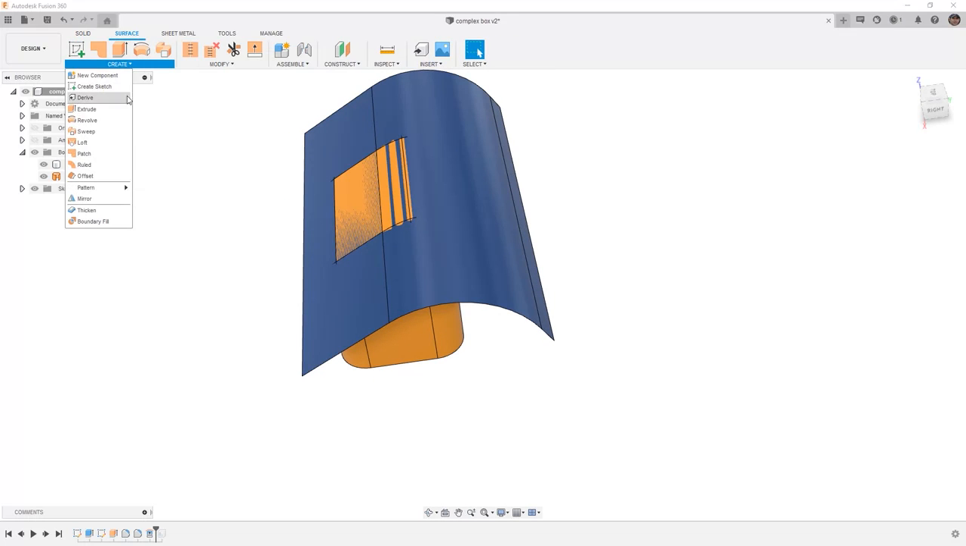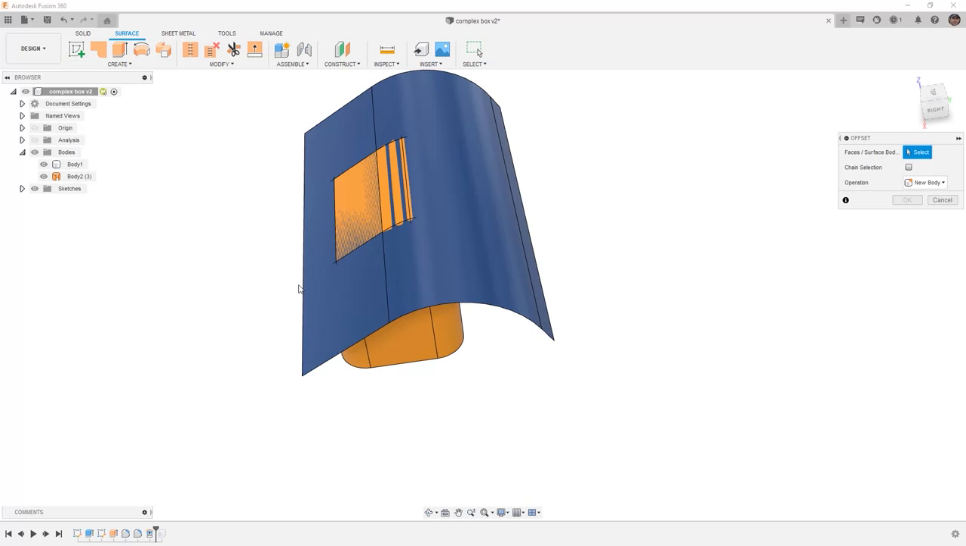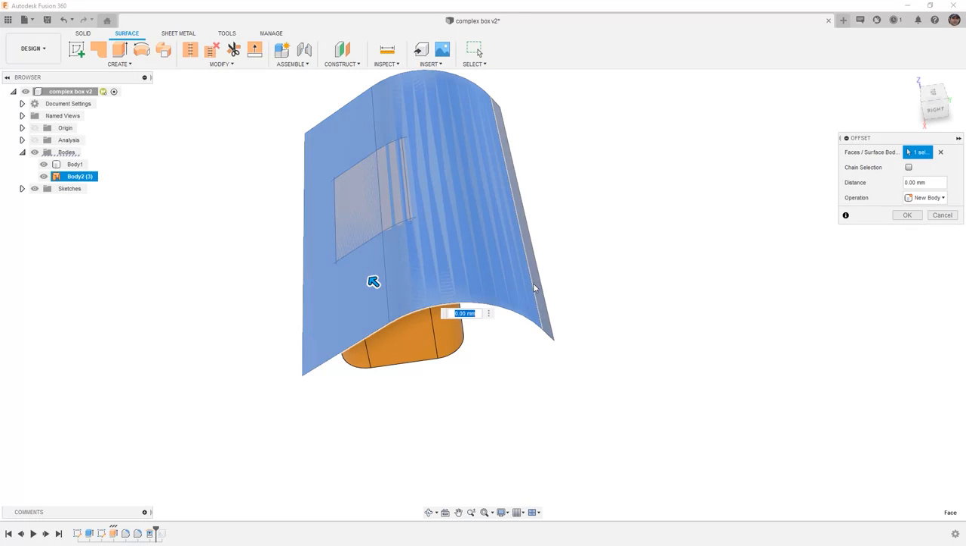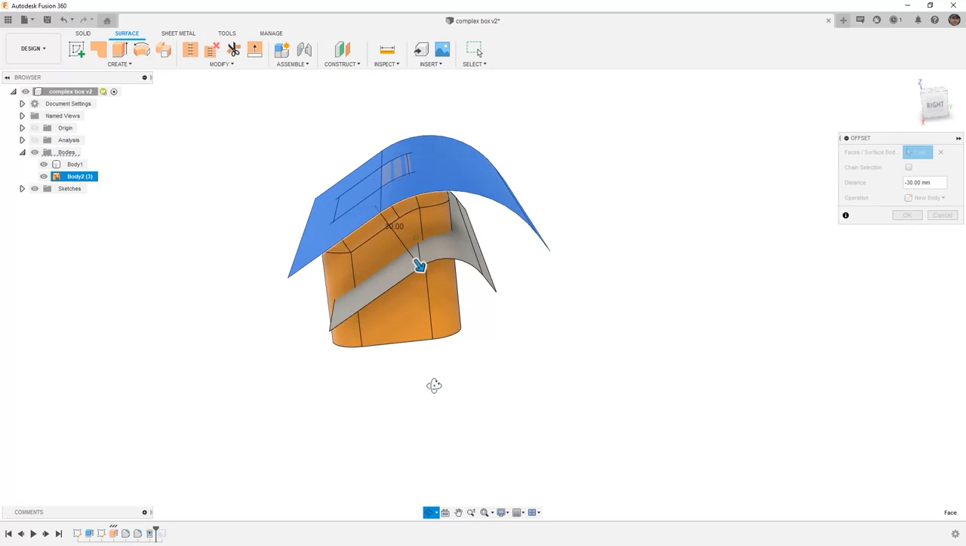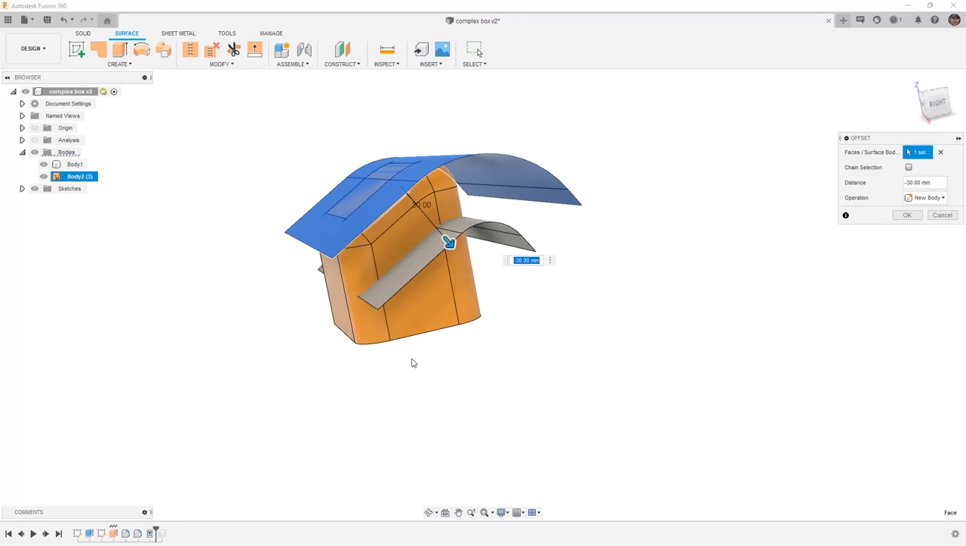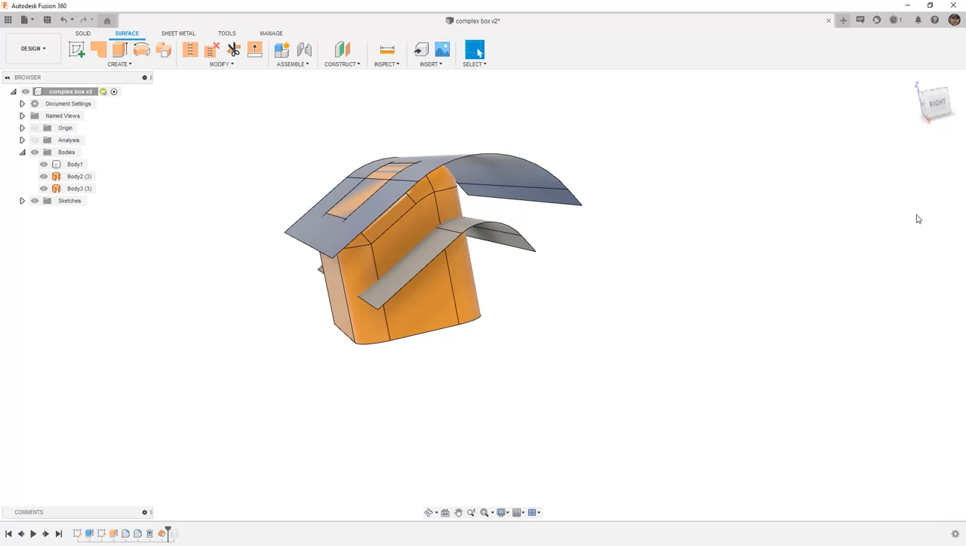Navigate to Surface Tools and select Offset. We're going to select all three faces of the surface and we're going to bring it down a distance of 30 millimeters. Notice that when we do this, the surface does not extend through the solid body. We're going to select OK, navigate back to our solid tools,